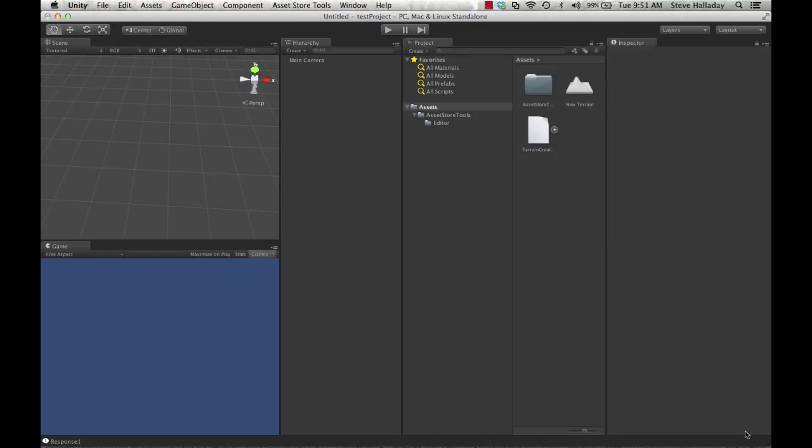Hi, in this video I'm going to show you how to use a plugin that I created for Unity. This plugin allows you to identify a location on the Earth and then import a terrain based on the topology of that location. I created this plugin because I wanted to be able to model ski slopes from different areas